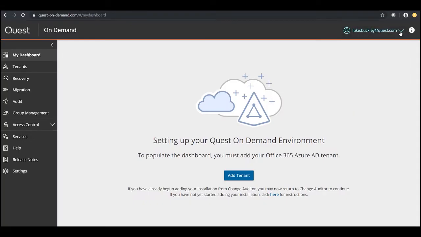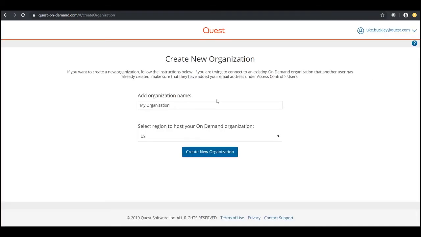Upon creating your organization, you'll be presented with the On Demand homepage, and you should bookmark this for future use. One of the first things we want to familiarize you with is the drop-down menu with your login. Here you can access the region and switch between organizations, change the name of an existing organization, and sign out, etc. So to create a new organization, you simply select Create New Organization, and you can label it as you wish and select the data center that's required or desired, depending on your company needs.